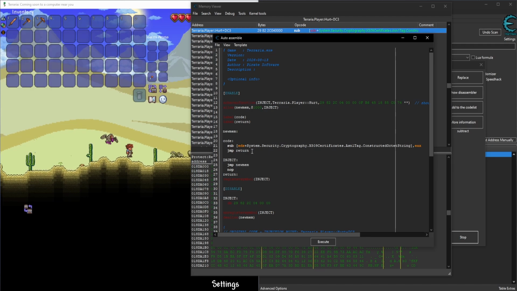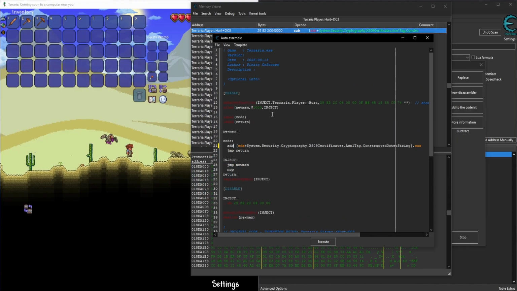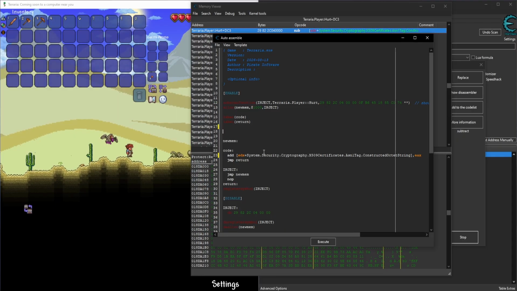enemy. Now our change is going to be very simple. All we're going to do is change this sub to an add. Now, whenever we get hit, instead of subtracting health, it's going to add health, making us functionally immortal. Next, we're also going to allocate a custom variable like so. We're going to call it player and give it 4 bytes. This function exposes the player's base address, which we're going to need for the script that we're going to write